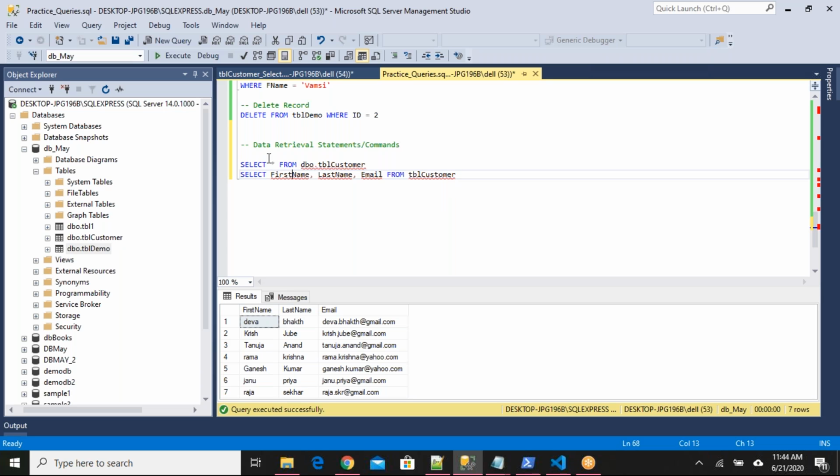This editor is like a text file while writing. In recent versions they started providing intelligence also. Previously we did not get intelligence, and while typing we needed to type every column name and table name. Now at least we are getting the column names and all. It's not an error actually.